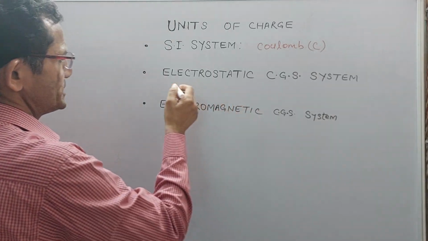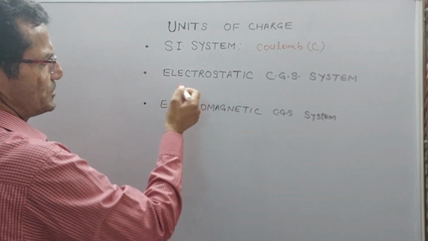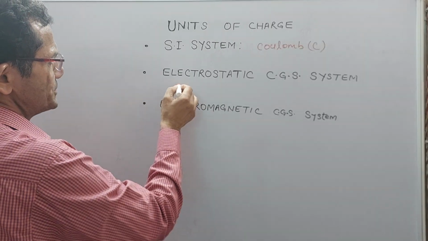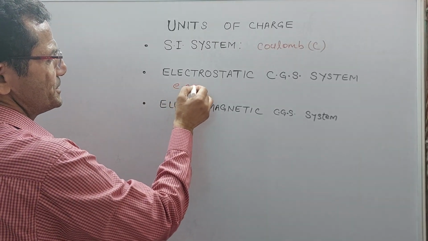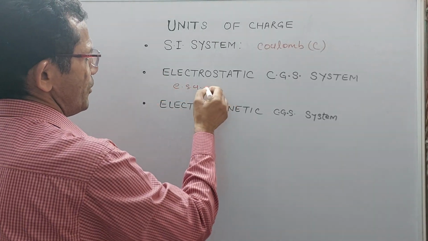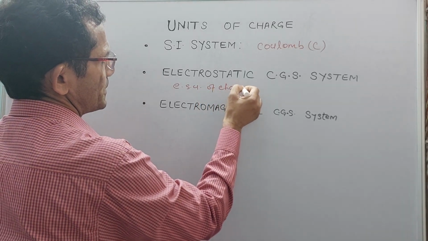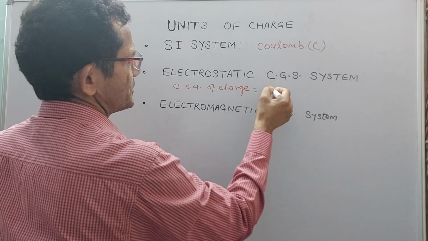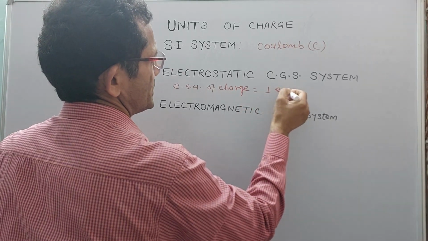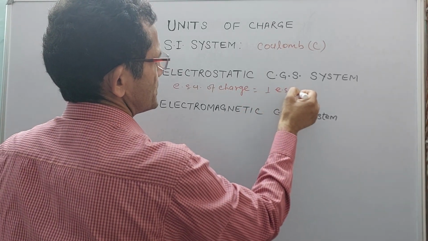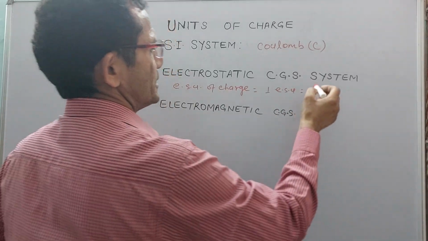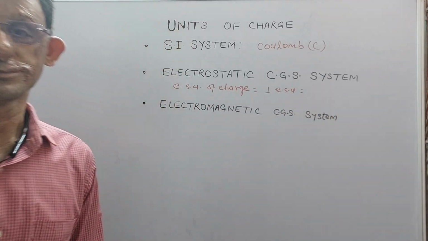We also call it the ESU, electrostatic unit of charge. 1 ESU is equal to 3 into